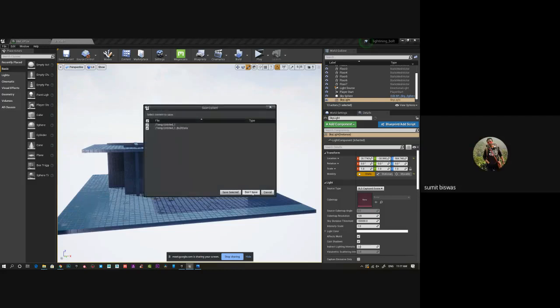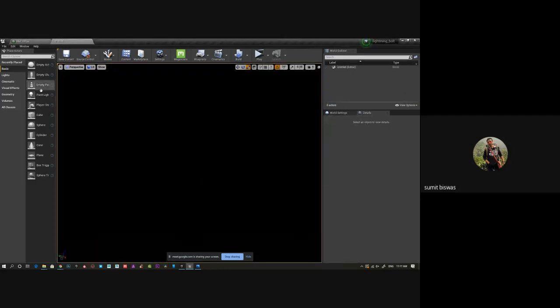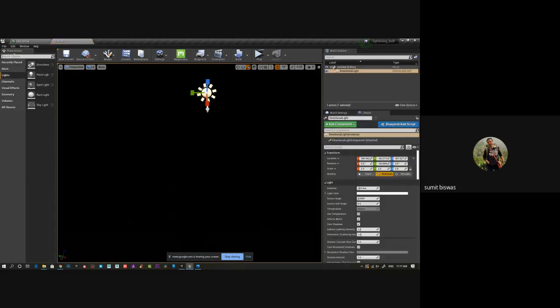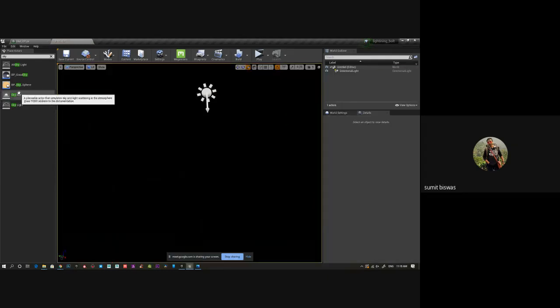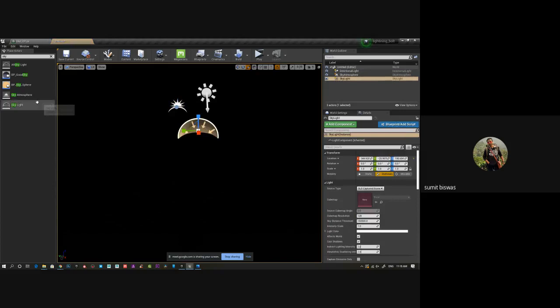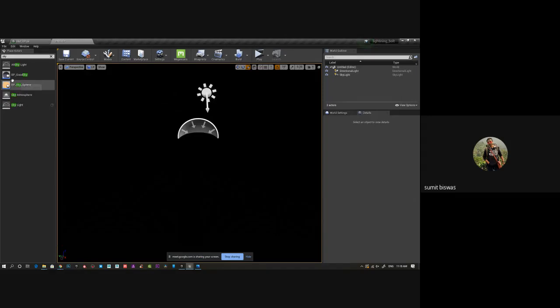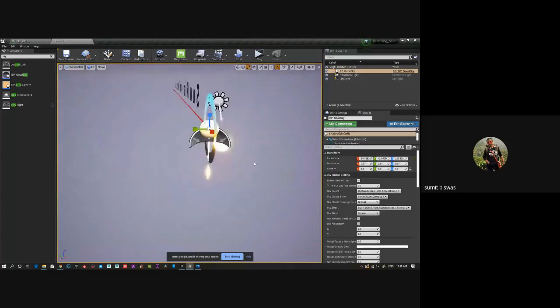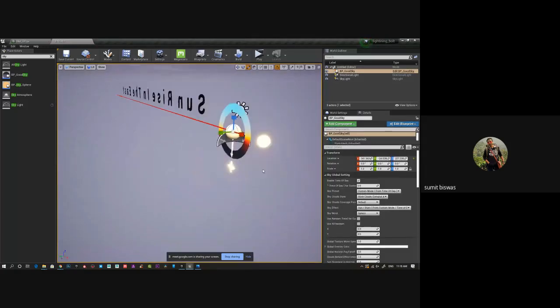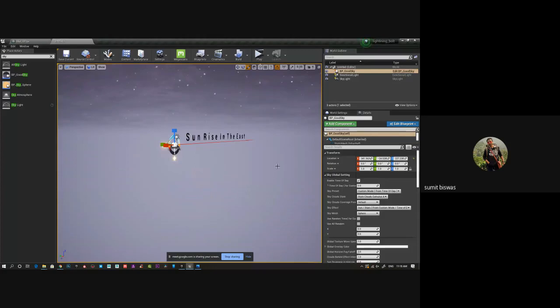Let's take a blank, empty level, and by default, I'll add a light, basic light, skylight. I like this good sky, or I can use sky sphere also, or skylight. That's what I use most of the time. So I'll just add good sky. I like this one, this preset. I love this. There are so many options in this particular preset. Okay, I just create this. This is just for lighting.